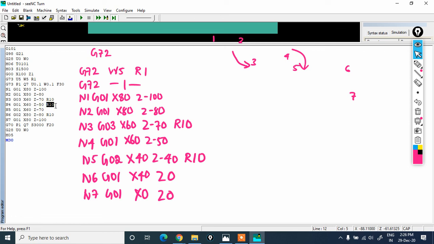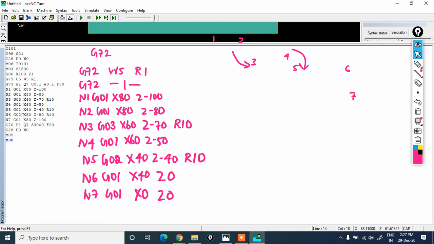So let me delete this R. N5, that is G02 X 40, Z minus 40, R10. So that is done.